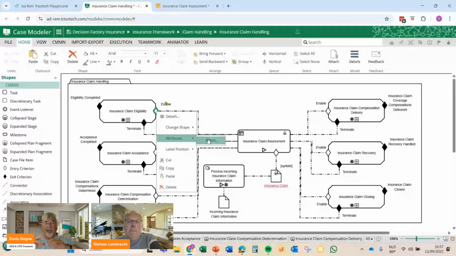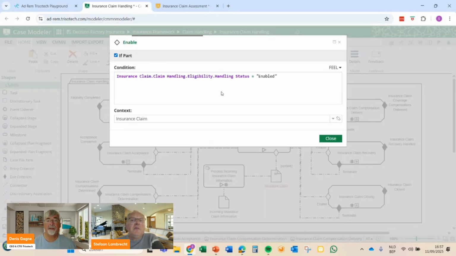So now you showed us how the decision, which is the beating heart of the claim, makes a decision and then says, hey, you have to enable these different stages. And then you're showing us those enabled lines you showed up earlier will trigger these different stages of activities around it. Yeah, because in the case of the problem with our coverage period, for instance, the handling status, which is determined by our decision engine, is set to enabled.